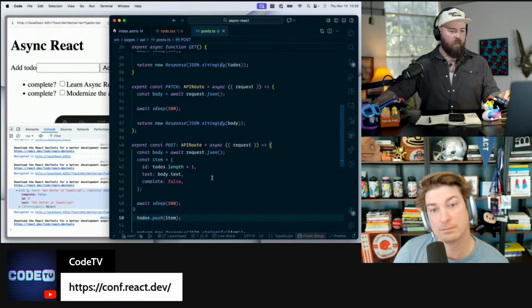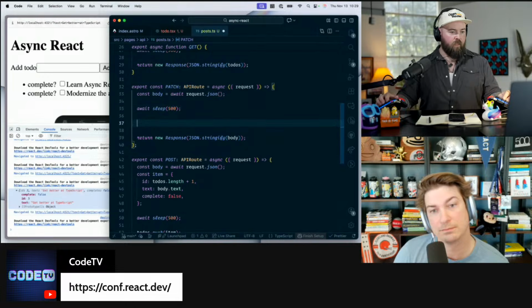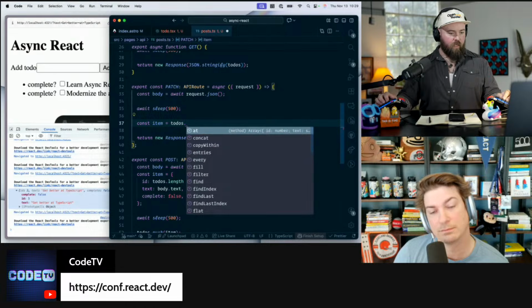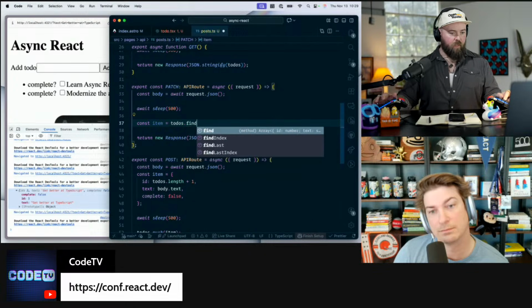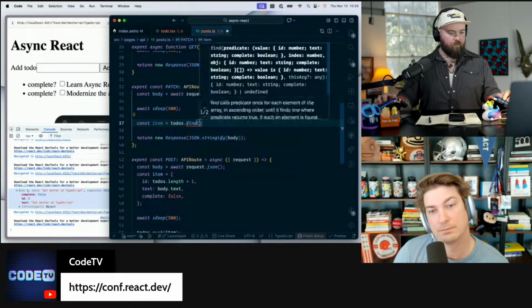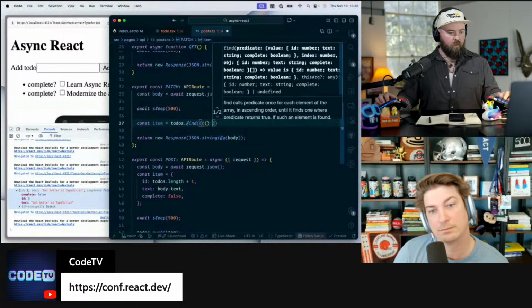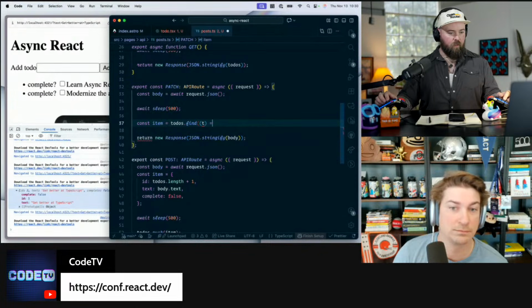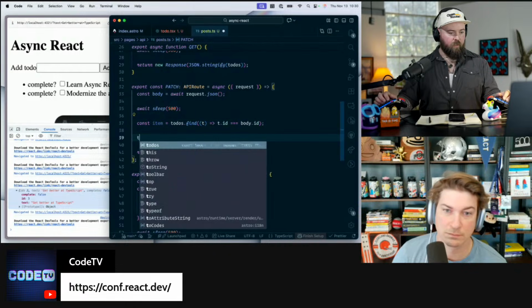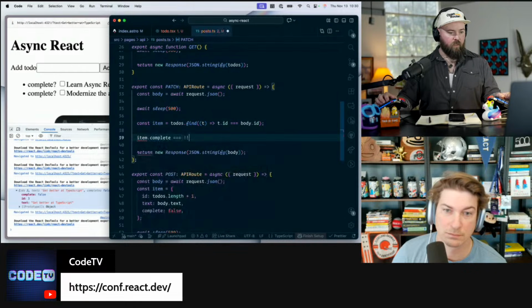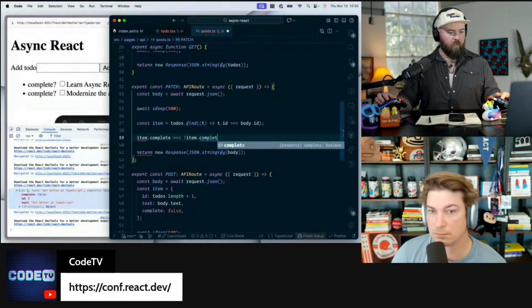And then here on the patch, we're going to say const item equals todos.find, and we'll say t.id equals body.id. And then we're going to say item.complete equals not item.complete. And we'll just make it a toggle.